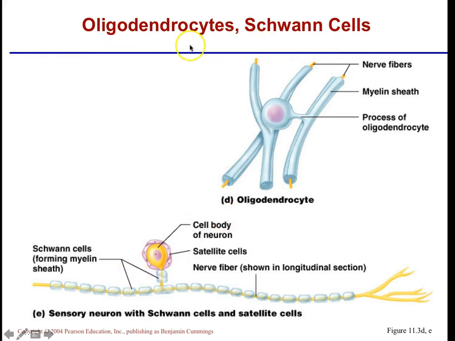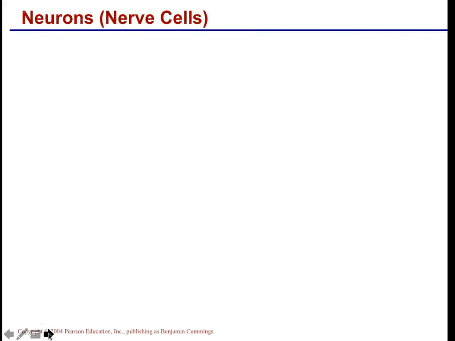Okay, so these are oligodendrocytes. The blue are the myelin sheath, I think. Yes, they're definitely the myelin sheath, to be discussed in a minute. And then this is the Schwann cell, where you can see the segments of a white fatty material that it is able to lay down.